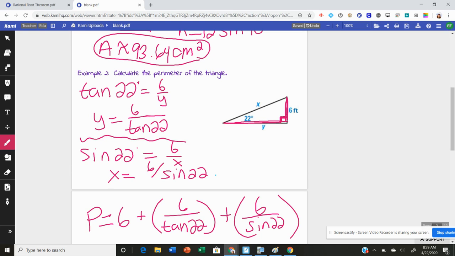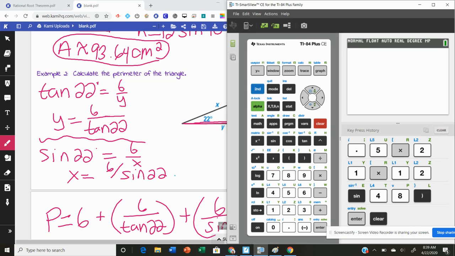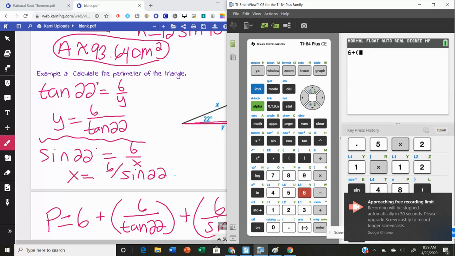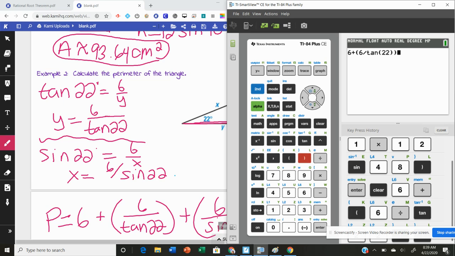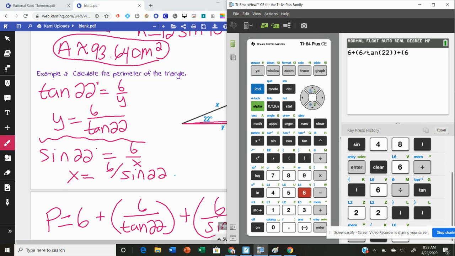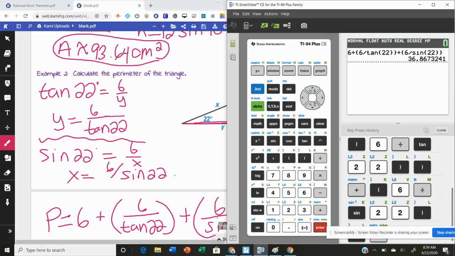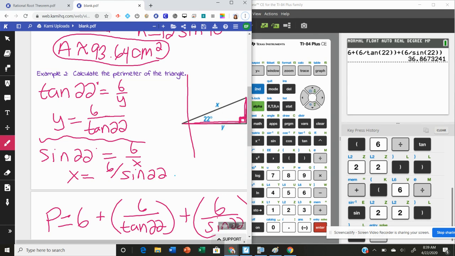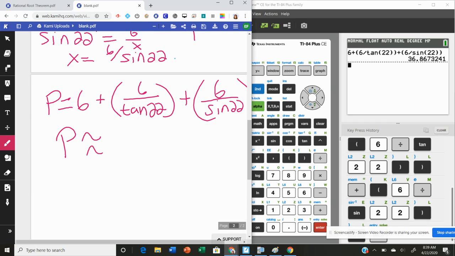Again, this is all going to be calculator work. Let's make sure that we use our parentheses. So I'm going to clear that out. So it's going to be 6 plus, and then in parentheses, 6 divided by the tangent of 22, close both sets of parentheses, plus parentheses 6 divided by the sine of 22. Hit enter. And we here get our perimeter is about 36.87. Oops. So perimeter is about 36.87, and our units